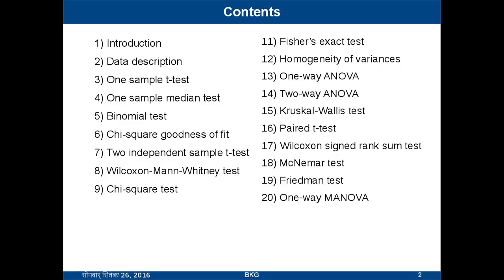homogeneity of variances or equal variances test, one way ANOVA, two way ANOVA. Then we will go for the non-parametric alternative of the one way ANOVA, that is Kruskal-Wallis test. Next we will go for paired t test and Wilcoxon signed rank sum test. Finally we will go for McNemar test and Friedman test, and finally conclude with one way MANOVA. Now let us go for the